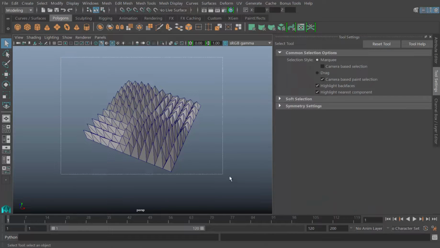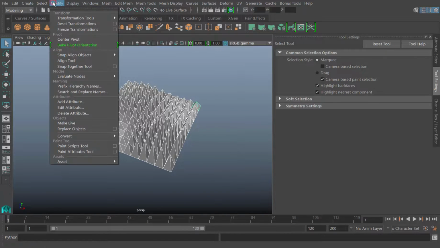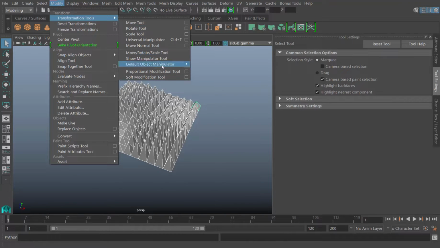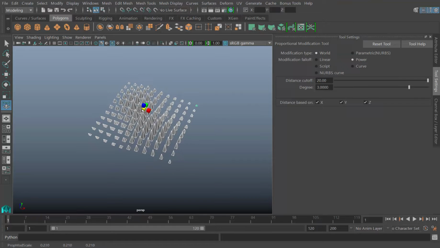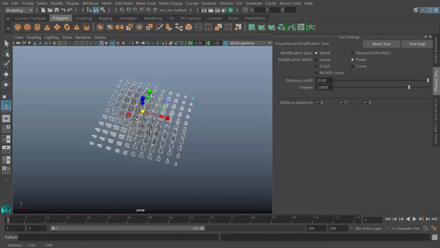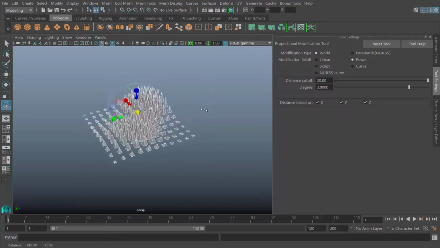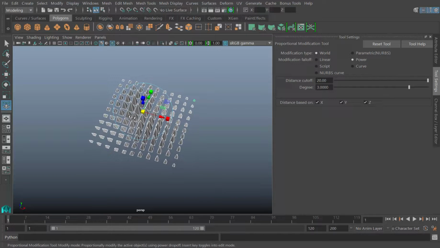So let's cross window drag and select all the pyramids. Go to Modify, Transformation Tools, and let's go to Proportional Modification Tool Options. I'll click that. And now let's make sure, by default this will be something like 10. Let's switch the distance cutoff to 20, and leave everything else on the default. Now let's click the scale tool, the scale cube, and let's click and drag, and you'll see that all the pyramids are now scaling in a falloff proportional to the distance from where that pivot point is. So if I want to undo this real quick by pressing Ctrl Z,